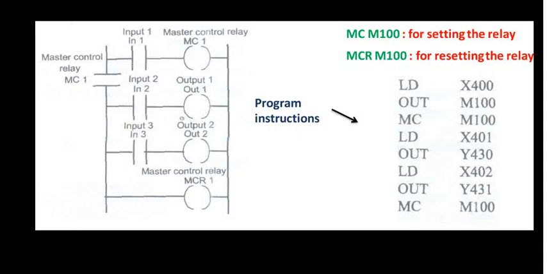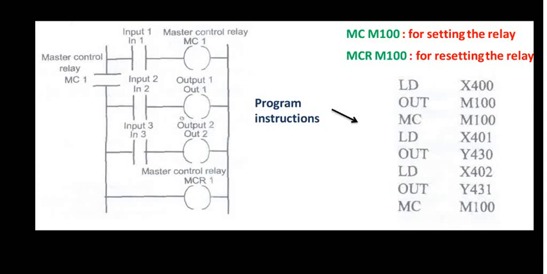So welcome back. In the previous presentation, we were discussing what we call the master control relay. I have already told you where these master control relays are significant in our PLC scenario. Whenever you want to have the execution of a specific rung or a cluster of rungs, a series of rungs, then you make use of the master control relay. This particular slide I had already shown you in the previous presentation.